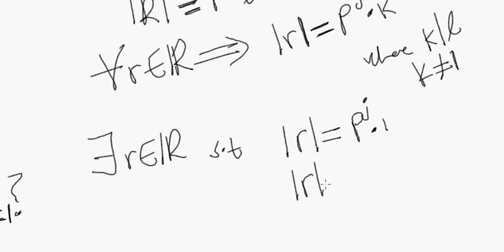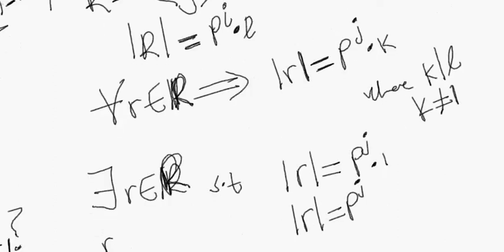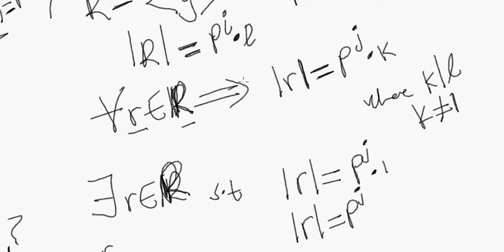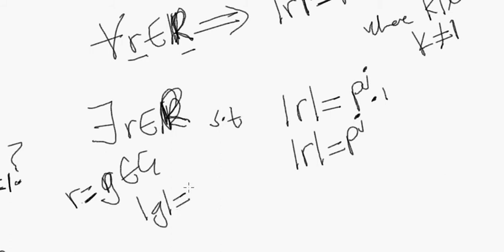Does that mean that the order of r equals p to the j? But if so, haven't we found some r, because if little r is an element of big R, why did we write it like this? It's just normal R, not the real numbers. So if little r is an element of big R, and big R is a subgroup of G, doesn't that mean that little r is an element of G? So haven't we just found some little g in G, namely r, such that the order of g equals p to the j,